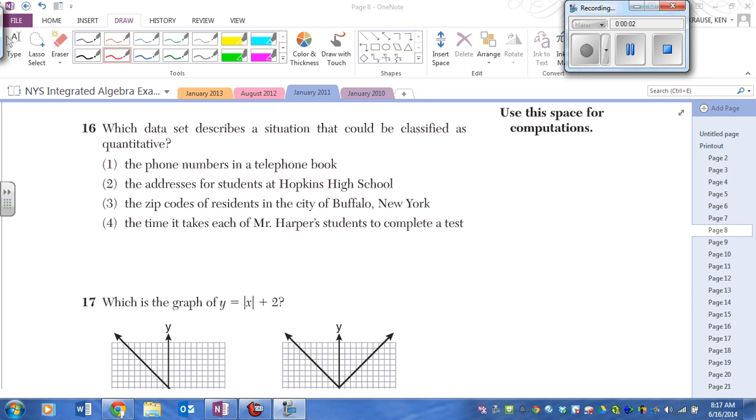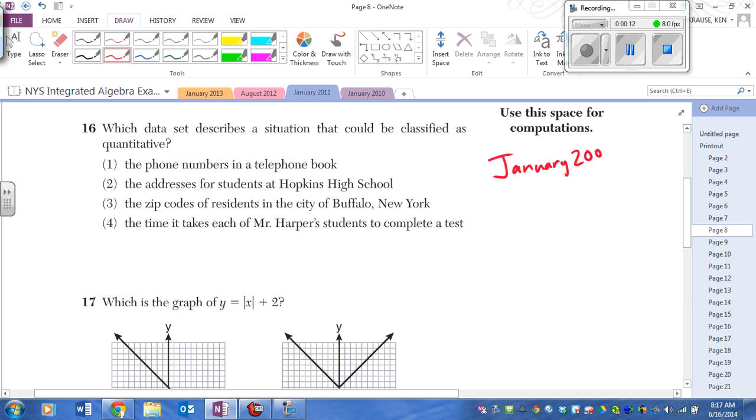Okay, here we go. This is going to be just a reminder. This is January 2011, and this will be problems 16 through 30. All right, quantitative. Quantitative has to deal with numbers. And as you look through numbers, this is numbers. Time it takes to